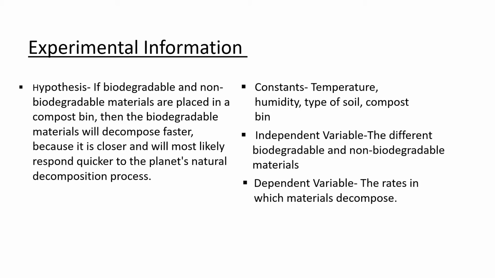will decompose faster because it is closer and will most likely respond quicker to the planet's natural decomposition process. My constants are temperature, humidity, type of soil, and my compost bin. My independent variable is the different biodegradable and non-biodegradable materials, and my dependent variable is the rates in which materials